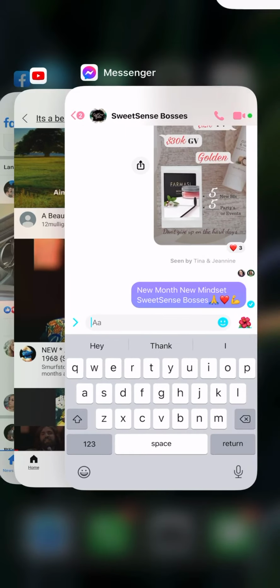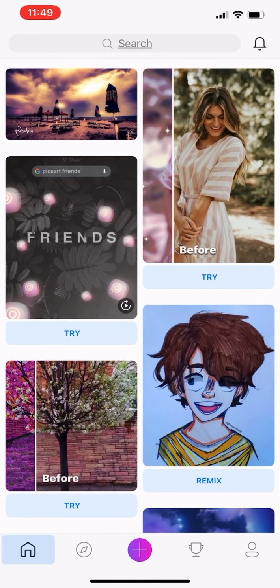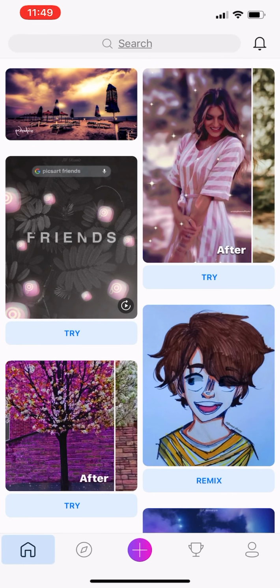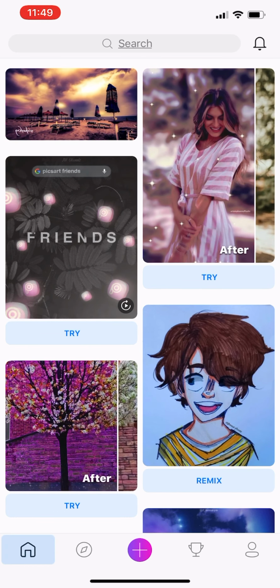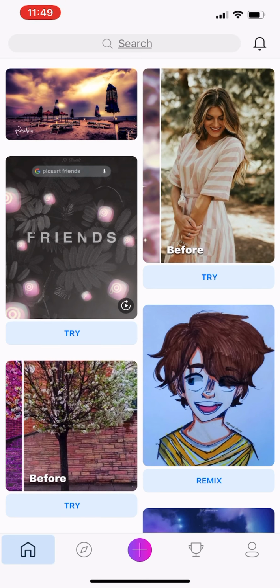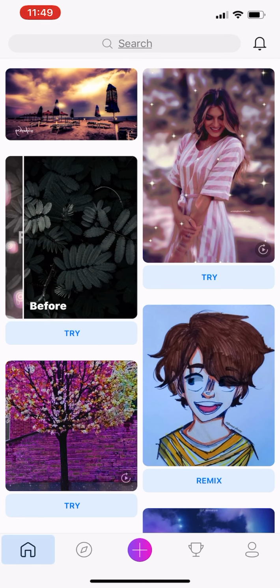Okay, so let me close that out. Let's do it that way. And you open up PicsArt, and this is going to go straight to basically your desktop. And this right here on the bottom, you see it has the home and then that little diamond inside the circle, that big plus sign with the button, the purple one. We're going to click on that because we are going to create and edit a new picture.